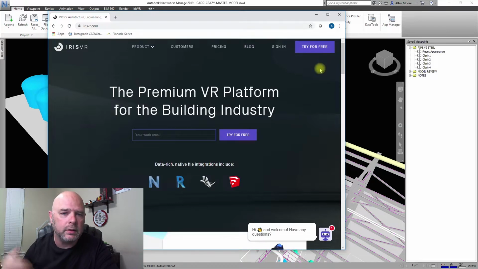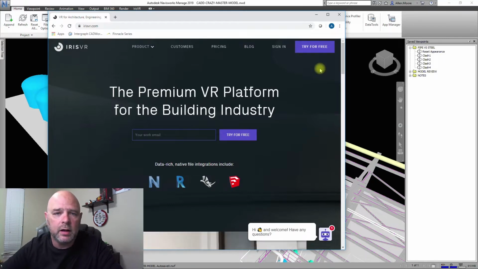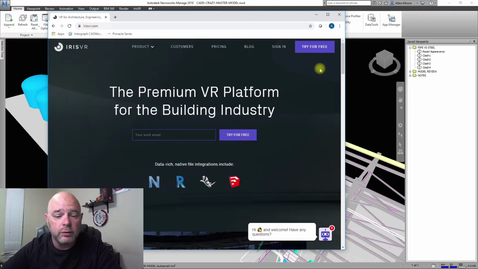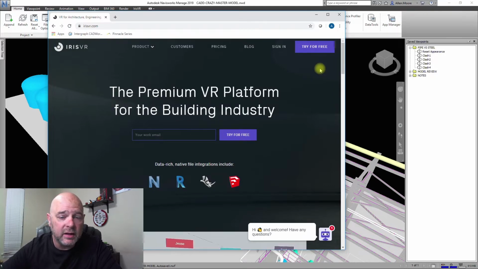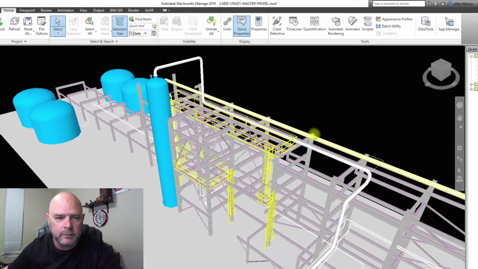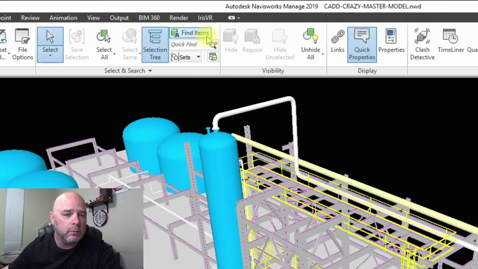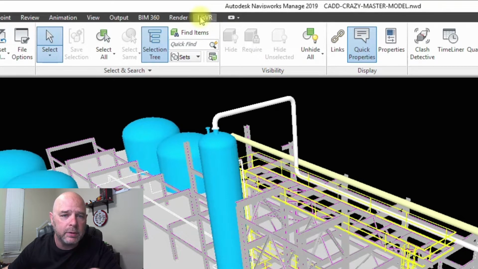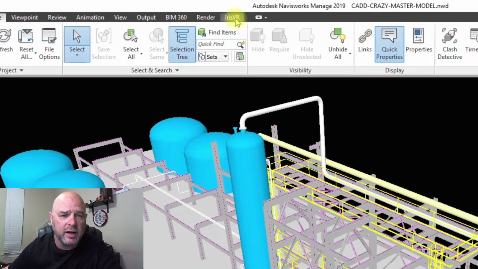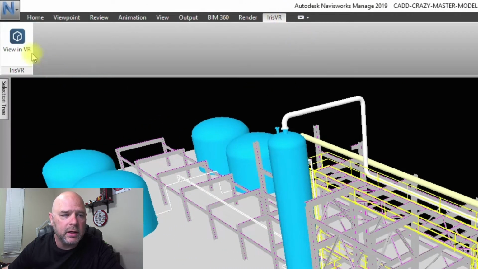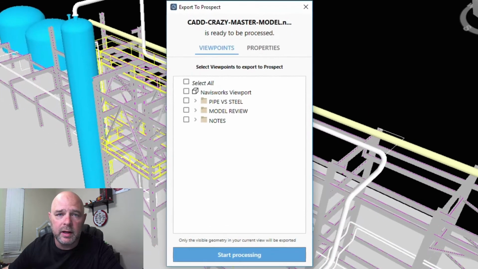The software is able to bring in Navisworks files, Revit files, Rhino files, and SketchUp files. And it is pretty much a one-click integration. So once you get the software loaded and you bring up, let's say, a Navisworks model like what we've got here, it will create another icon up at the top of your toolbar that says IrisVR. So if you click on that, you see View in VR, and you'll click on that button there,